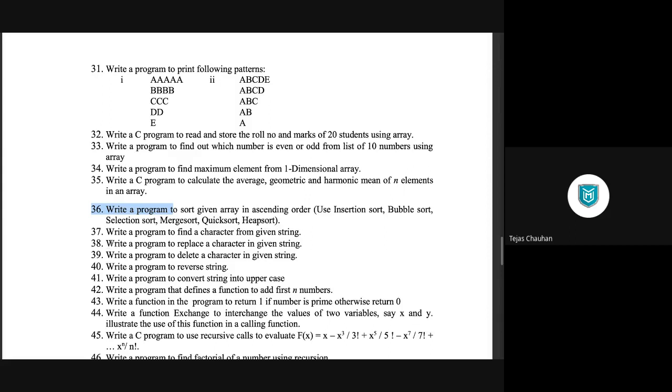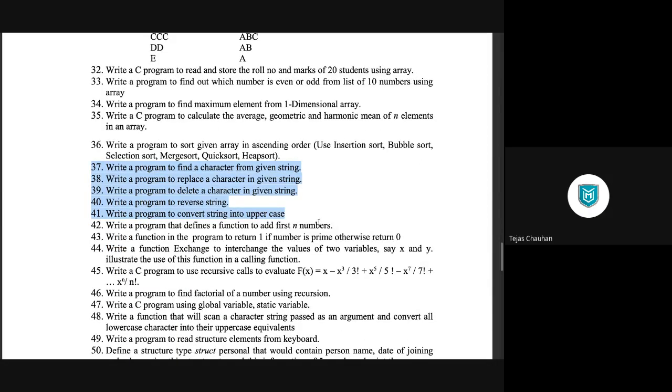Now today we want to work with strings. So this is a set of programs that we are about to go through today. We need to complete it today. Those are very simple and short programs. Starting from 37 up to 41 is what I plan to cover in this lab session.